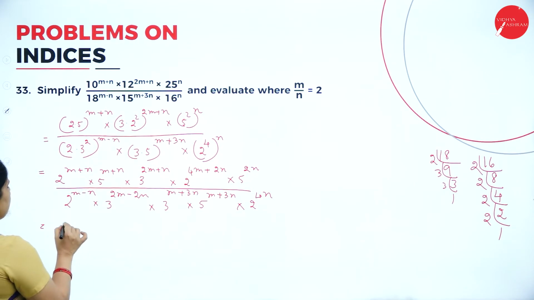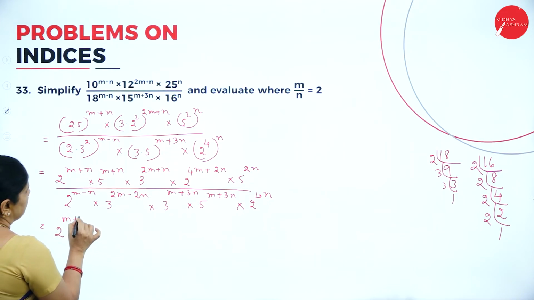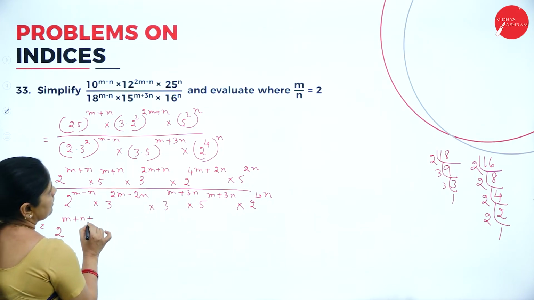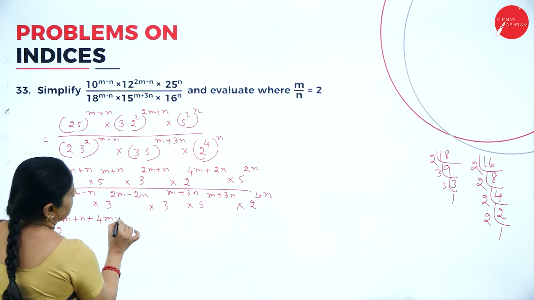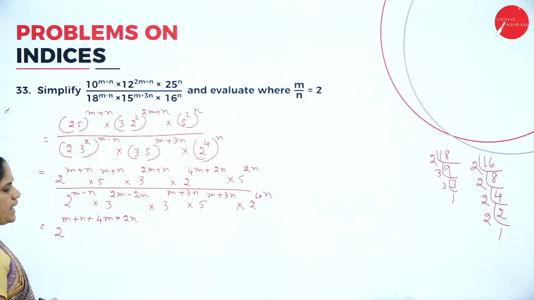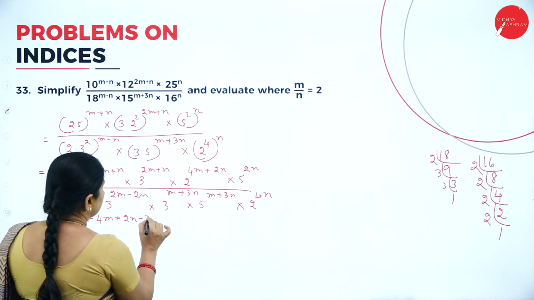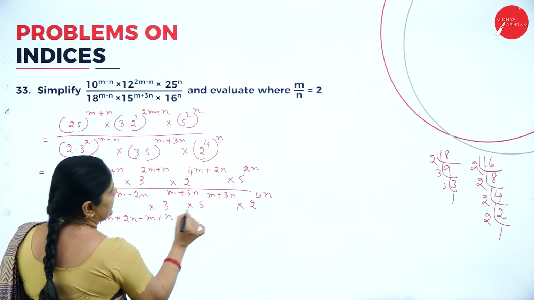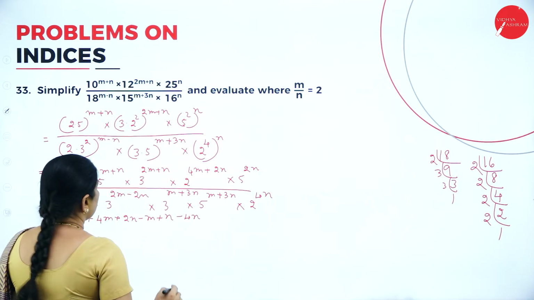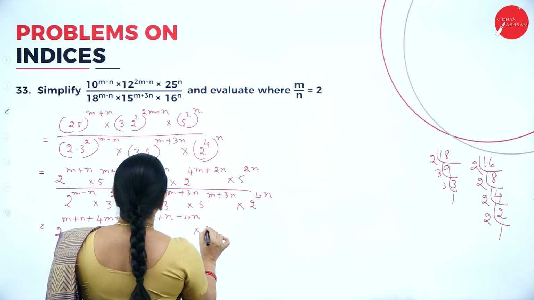So 2 to the power of m plus n, then here plus 4m plus 2n, then in the denominator I have m minus n, so I will write minus m plus n minus 4n, then into 3 to the power